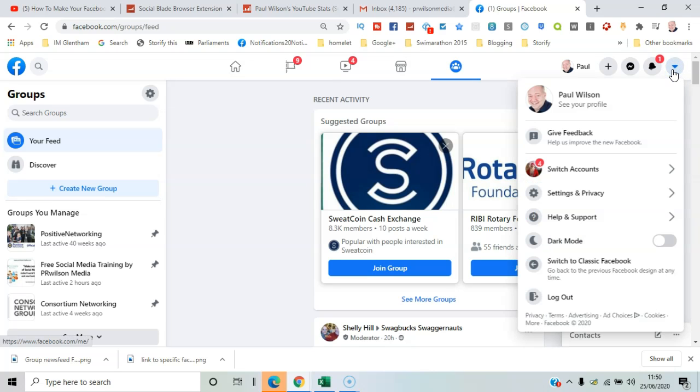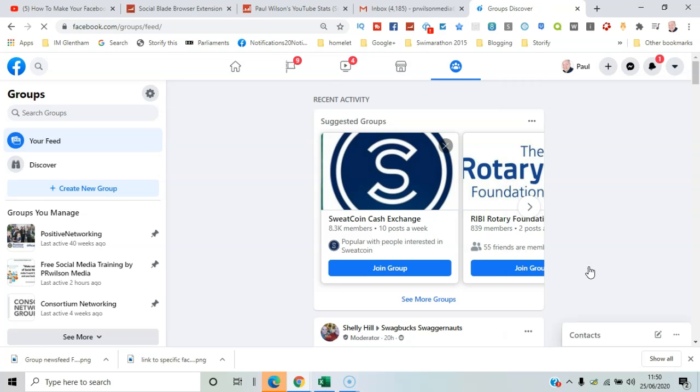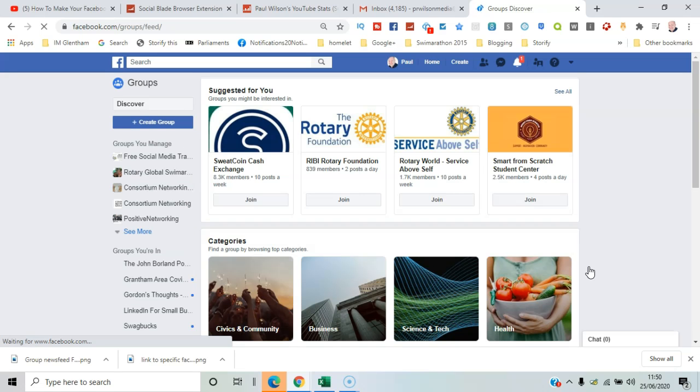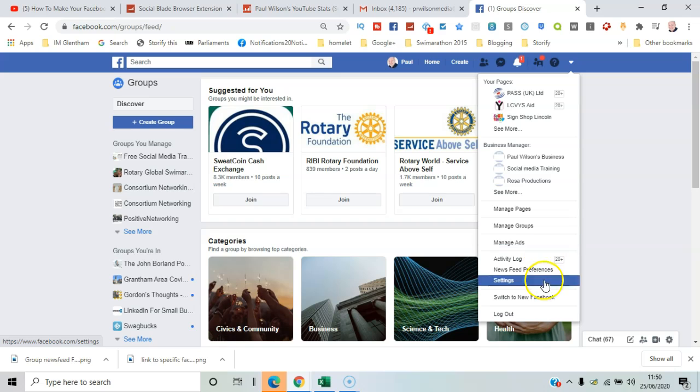Whereas to go back to the old version of Facebook, you just do switch to classic Facebook. And you'll see there that although there is a discover section, there is no feed visible. So there are definitely some things that are coming with the new version, so it might tempt you to switch over. Certainly in terms of managing the likes of Facebook groups,